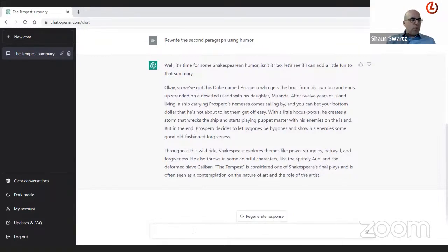Bridget, what type of questions would you like, or how would you want to adapt these questions? So, Sean, I have messed about a little with this. For example, I asked ChatGPT to create a topic for me, for example, of a layered question that I could give my grade 12s in the Tempest, and it came up with really good examples.